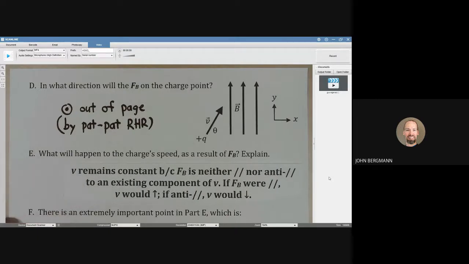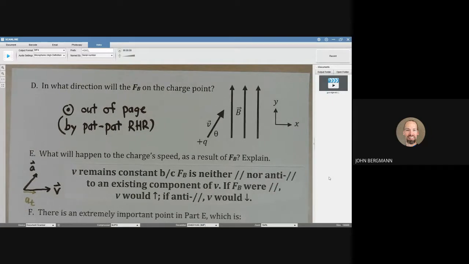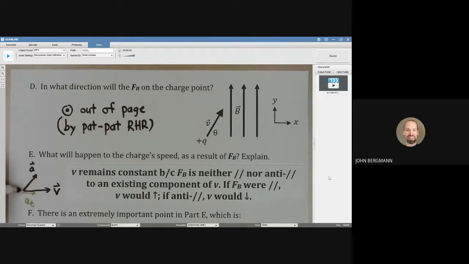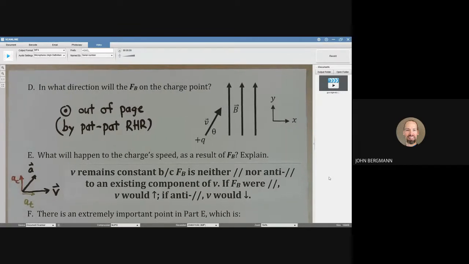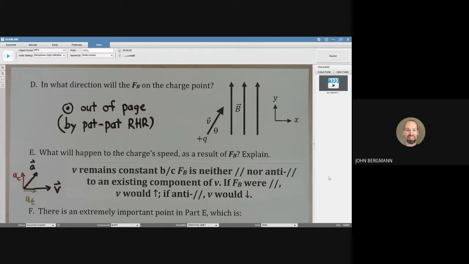You should have learned in mechanics that if you have a velocity vector pointed that way, let's say, and you have an acceleration vector, let's say that's pointed like so, this acceleration vector can be broken into a tangential component, I'll call that AT, as well as a centripetal component, AC. The tangential component will cause the speed to increase. The centripetal component will cause the direction to change in this case. And what we have with magnetic forces always,